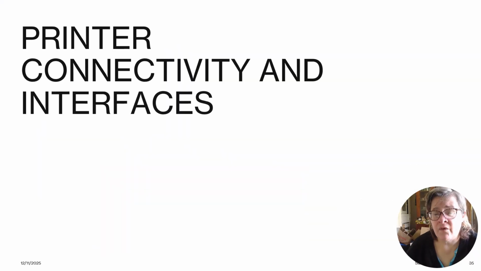Effective connectivity is vital for printer usability, covering wired, wireless, networked, and cloud-based printing solutions to meet diverse needs. Yeah, and that's important too. Wireless can be a bit of a pain. Wireless printing, depending on the printer used, wired printing is often preferable. Network printers, yep, and cloud-based, yeah. So I would think wireless obviously is a thing there, but that can have issues as